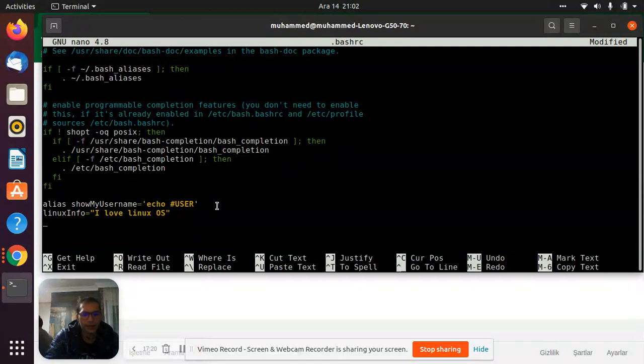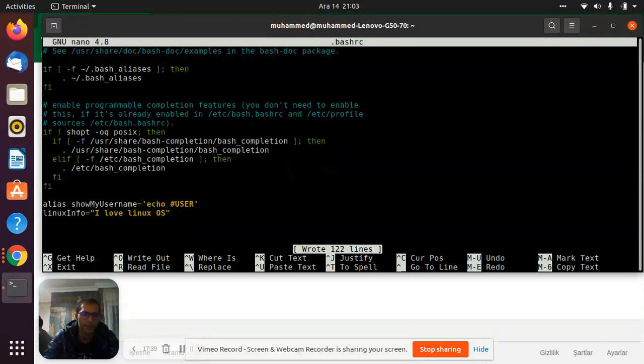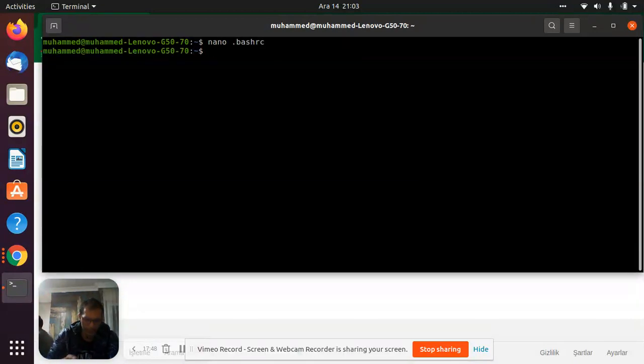Now just press Ctrl and O to write out. It's asking the file name to write, bashrc. Yes, we will say enter. Now it's okay. Now exit, so Ctrl X, do it and come back. Yes, now we have to do the last thing here. We have to say source